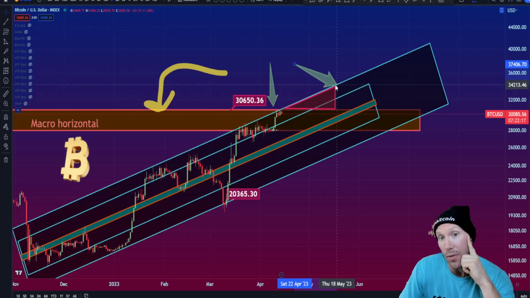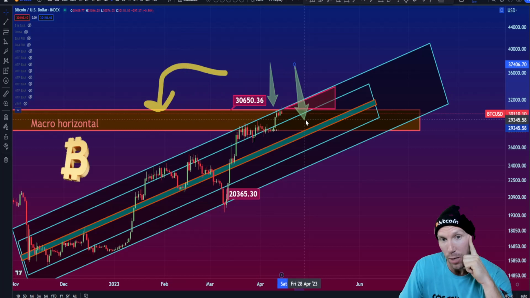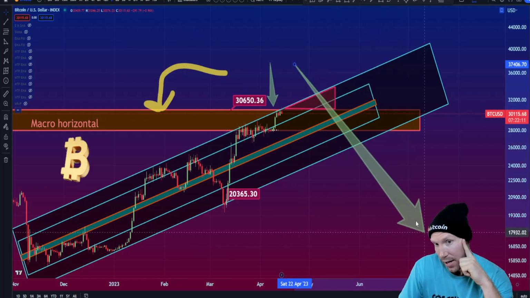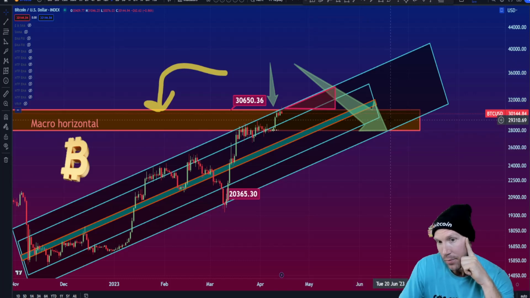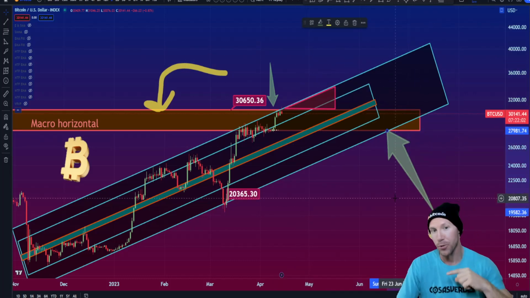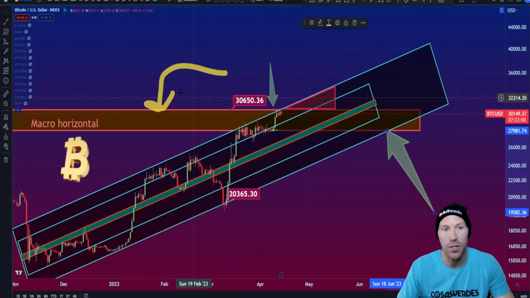Okay, so my favorite one is by the middle of May, the top of this rally will have been put in, because it would be a general failure pattern above this, and then it gets stuck, and then it tanks down sometime in June, July. That says June 18th. Exactly June 18th right there. So this is my favorite option. Perhaps the second most probable.